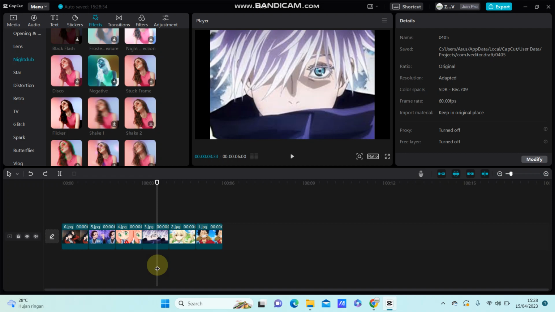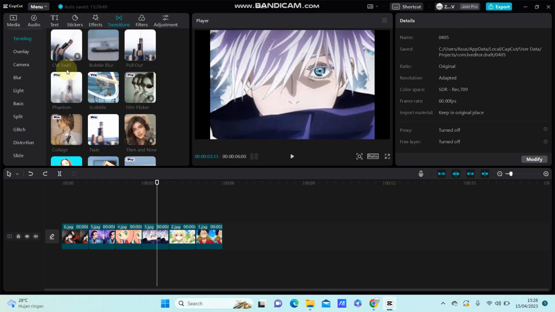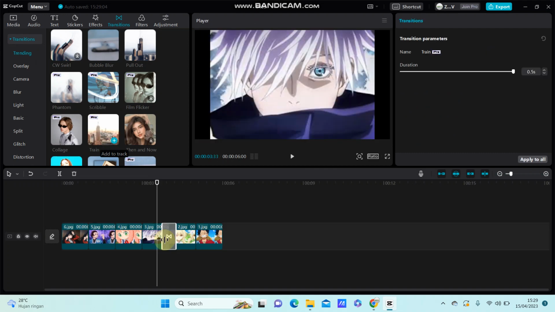Hello everyone, in this video I'm going to show you how you can add the transition effect in CapCut PC. So there is a new pro effect. You can go to transition and on the trending you can find the train pro effect. This is the transition effect. You can add the track